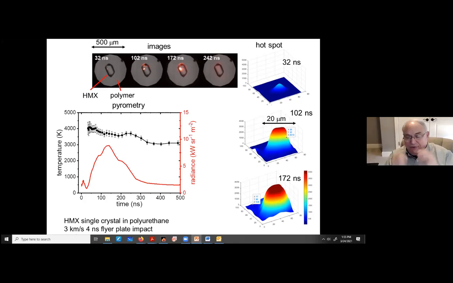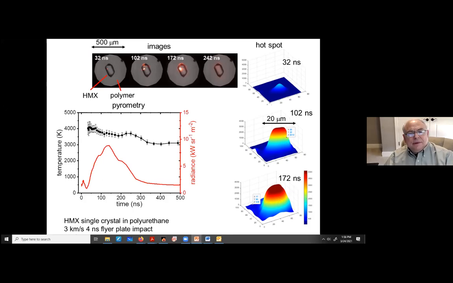And of course, what we're interested in is we want to build a kinetic model for the rate at which this material reacts at a given temperature. And so we can do that. We know the temperature, and here you can see how it's reacting. So this is very important because all the kinetic models people have ever made are for large things where it's inhomogeneous and the reaction occurs at many places in time.